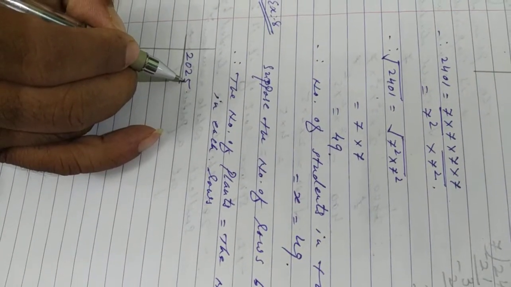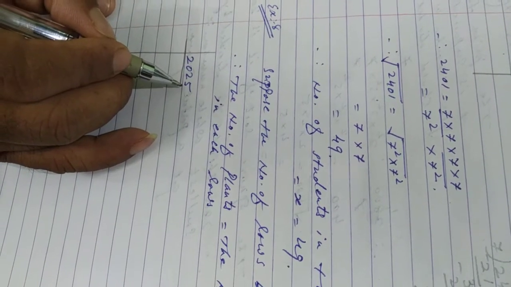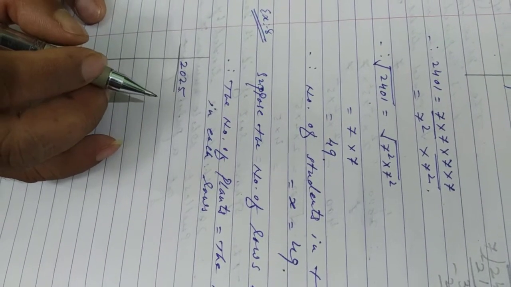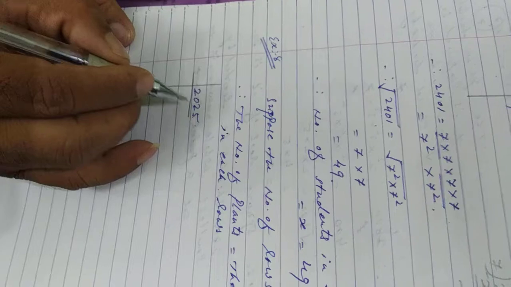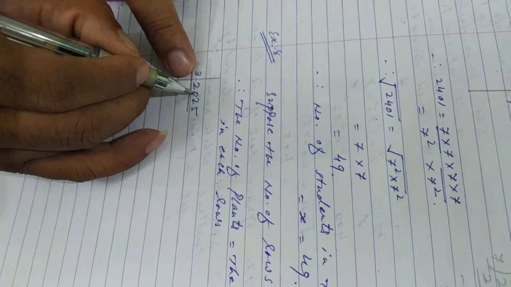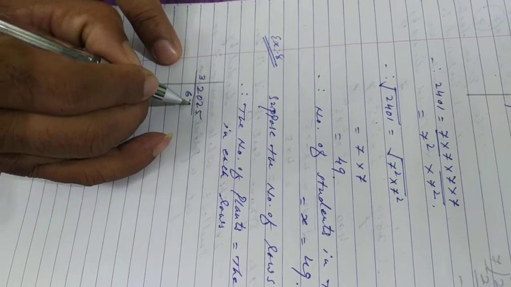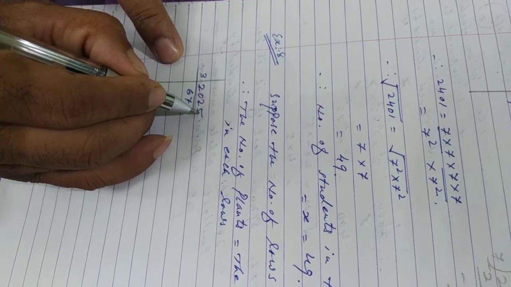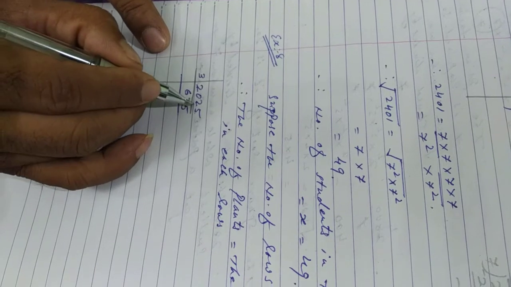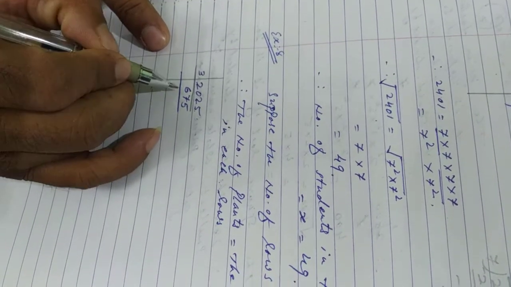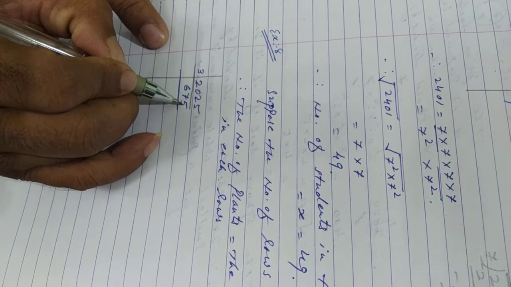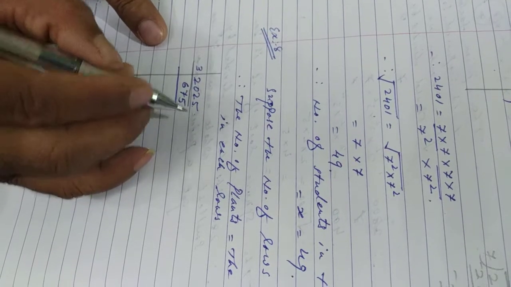See, the unit digit is 5, so it cannot be divided by 2, right? So 2 plus 2 is 4, 4 plus 5 is 9, so it can be divided by 3, right? 6 threes are 18. So next is 22. So 7 threes are 21. So next is 25. So 5 fives are 25. So 675 threes are 2025. Our next number is 675. So 6 plus 7 is 13, 13 plus 5 is 18. So it can be divided by 3 again, right?